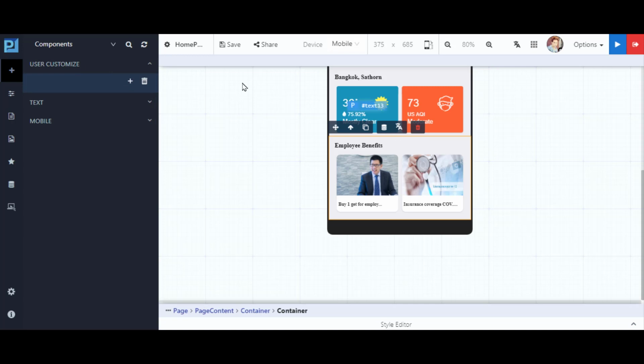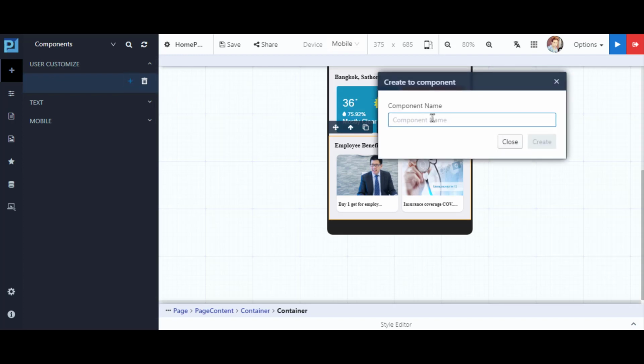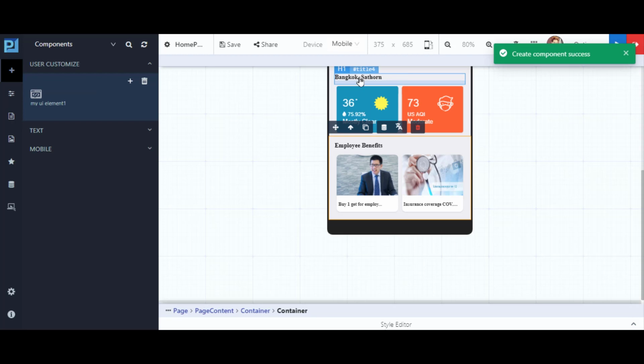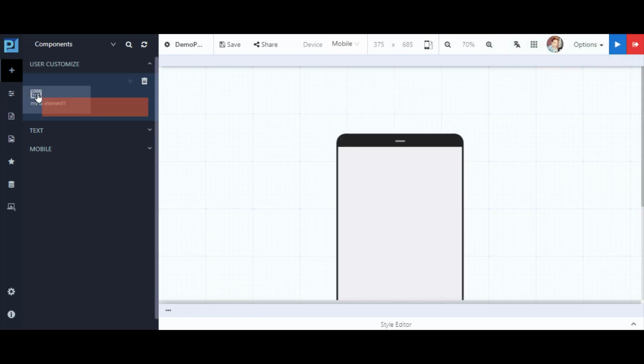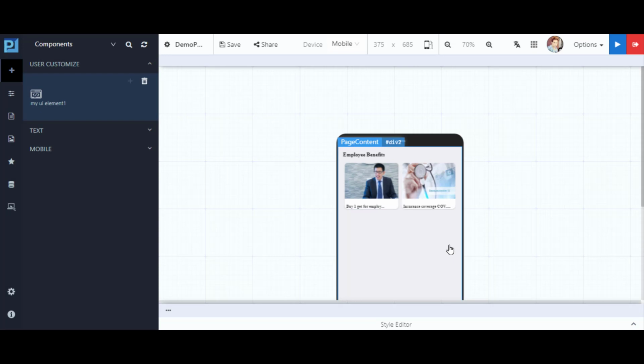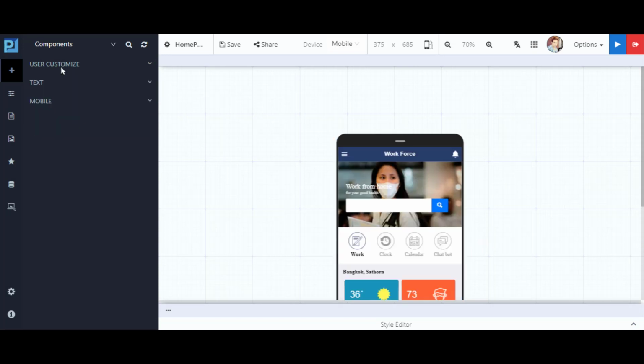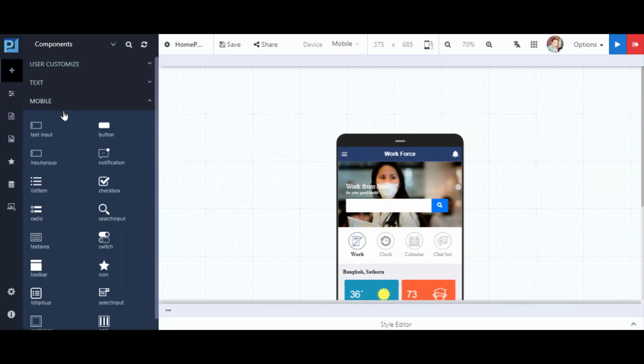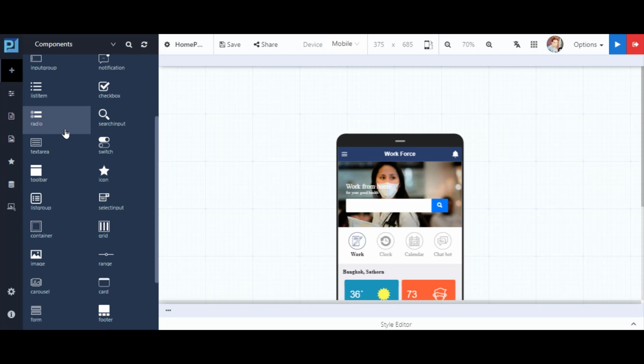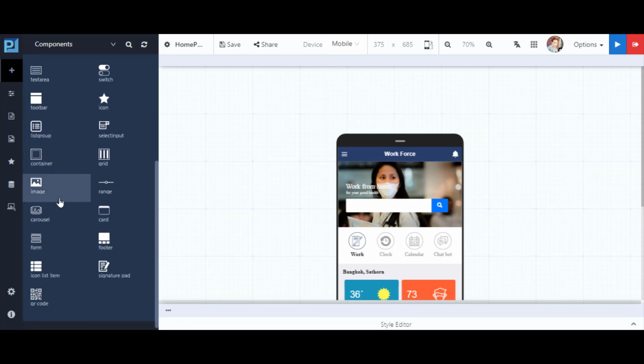Under components, first you will see user customize, which actually can turn and save any UI design on your designer screen as a separate UI element. And later, if you would like to use that in any new page that you will create inside this application, then you can simply drag and drop. Now under text, you will have different types of text UI elements that you can drag, drop and edit as required. Under mobile, you will see all essential mobile UI elements like select inputs, list items, cart, checkboxes, radio buttons, progress bar, signature pad to store signatures, QR code, etc., which can help you to create attractive UI design based